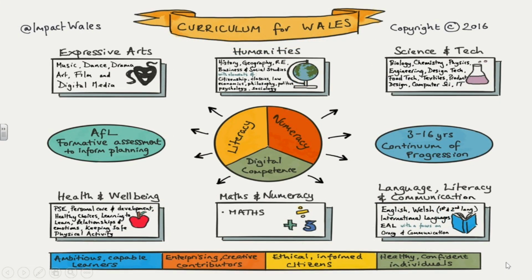As Miss Price has just explained, our curriculum in Wales is changing and this will come into effect in September 2022. One of the major changes is the greater emphasis put on children applying their literacy, numeracy and digital competence skills across other areas of the curriculum. It's important for children to realise why they're learning a particular skill and how they can apply that across other